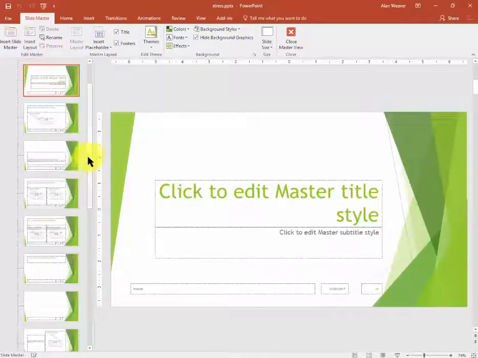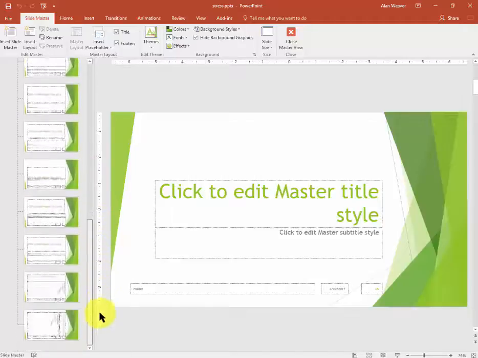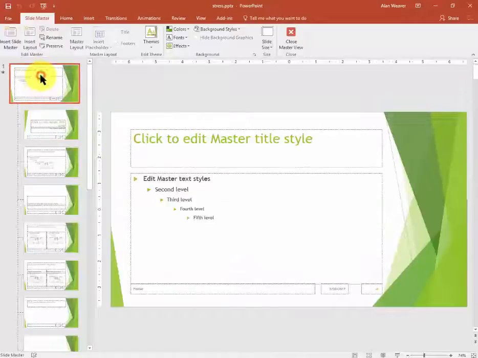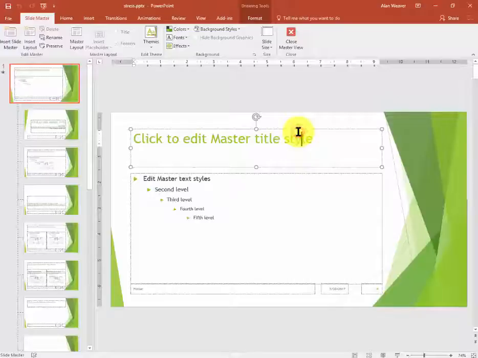This takes us into the masters. Each page layout has a different master. The one that controls all of them, like the granddaddy, is the very top one. If I were to change a font style or a graphic, it will probably show on all of them. There are some exceptions. For example, let's say I want this title here to be a different style font, maybe